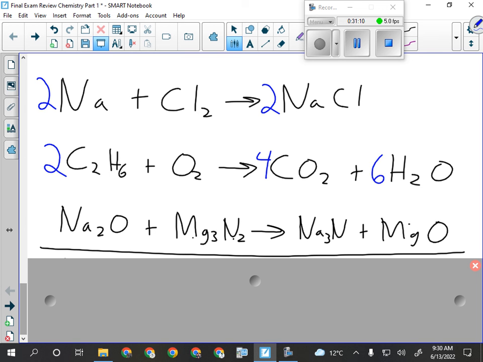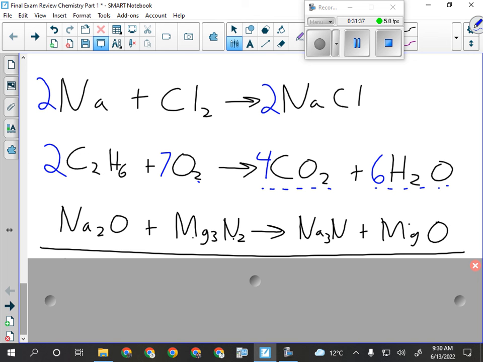Now I can balance my oxygens, but I balance them from the product side where I've got numbers in front of both. Okay, so there are 6 oxygens here, plus another 8 here, for a total of 14 oxygens. What times 2 will give me 14? Balance. Done. Okay. All right, and then our third one here, we've got a double replacement reaction, lots of big